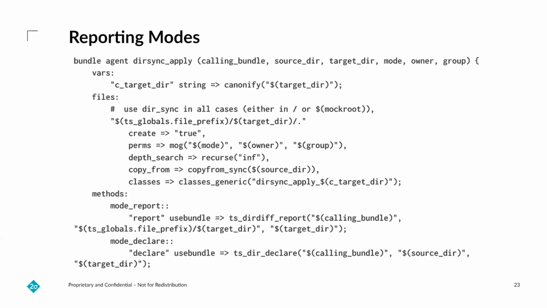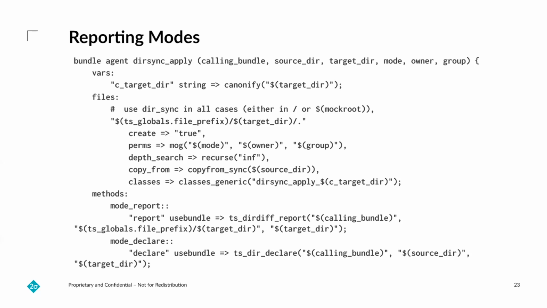CFEngine, our policy, will make all the changes that you want in a mock root directory. And there's two reporting modes. One is show me a diff. Our security team, for example, is very concerned about being in control of their hosts. So they may not want to run this all the time, but they have a reporting mode that says, if I run CFEngine now, here's what's going to change. And then there's another mode which just makes a manifest of absolutely everything that CFEngine manages on the host by making changes in a